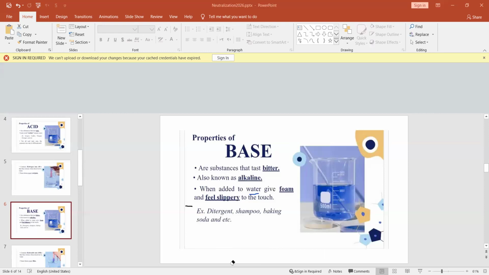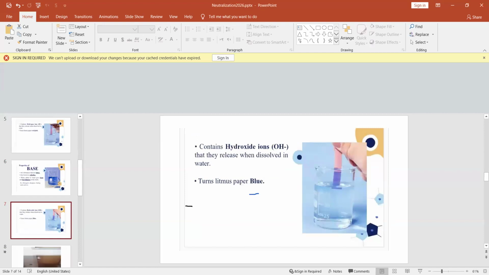But the most important point with all bases is what? They have an OH group, a hydroxide group. What do they have? They have a hydroxide group. This hydroxide group,